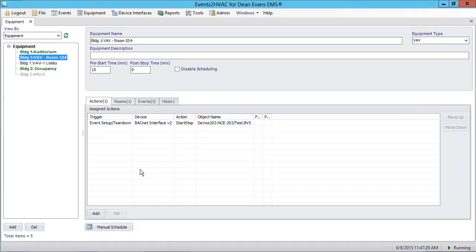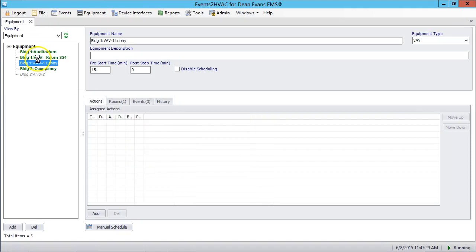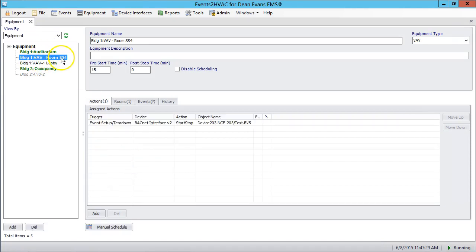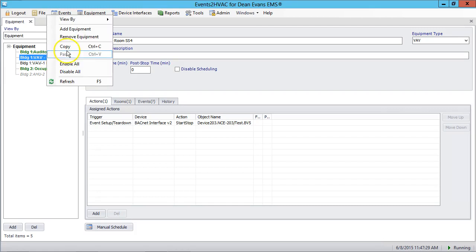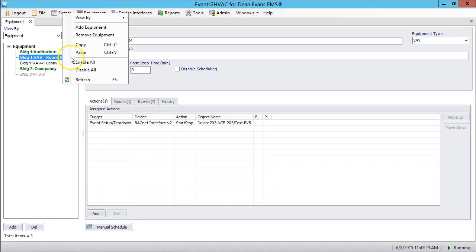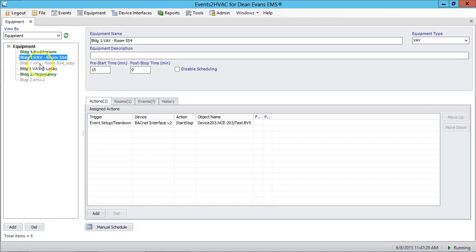Okay, in the previous example we created this VAV room SS4. We're going to save some time and copy from it to build our next equipment item, which is the RTU. So I'm just going to do a copy and then a paste, and you can see it adds it here and appends the underscore copy to it, and it also